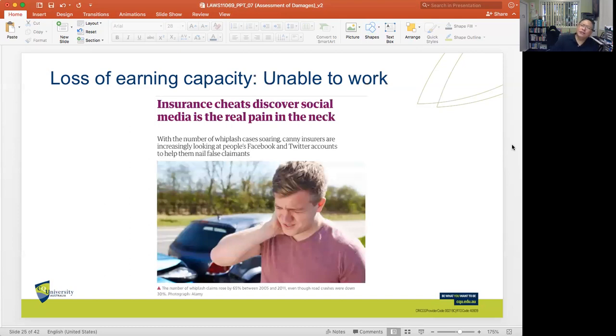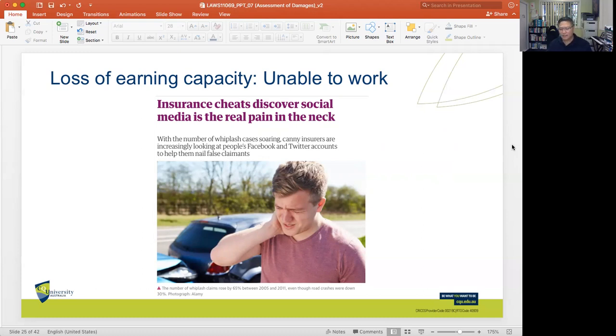What we often need to know as well is that when you look at the cases pertaining to tort, a lot of them don't end up going to court, at least not an action for tort, but a lot of them actually involve criminal behavior that is often in the news, where somebody who is involved in an accident will then fake the extent of the injuries or harm. For example, whiplash injury resulting in a neck problem or a back problem and so on. Some will say that they're no longer able to work.